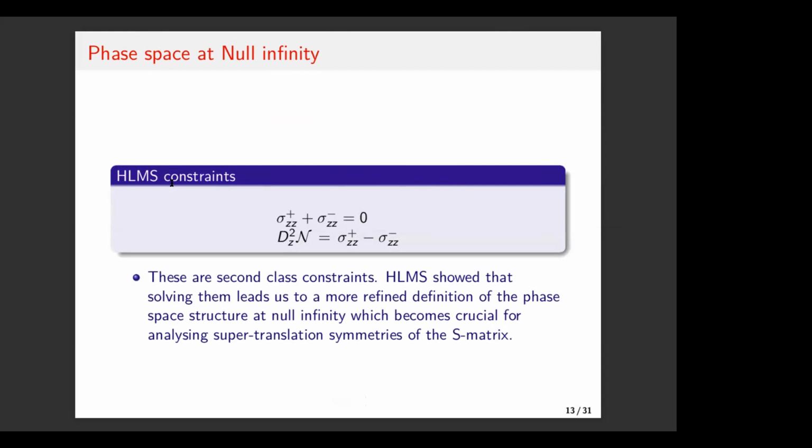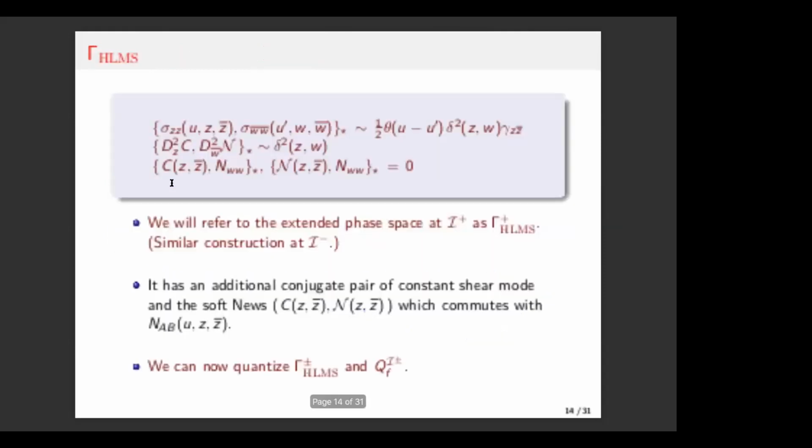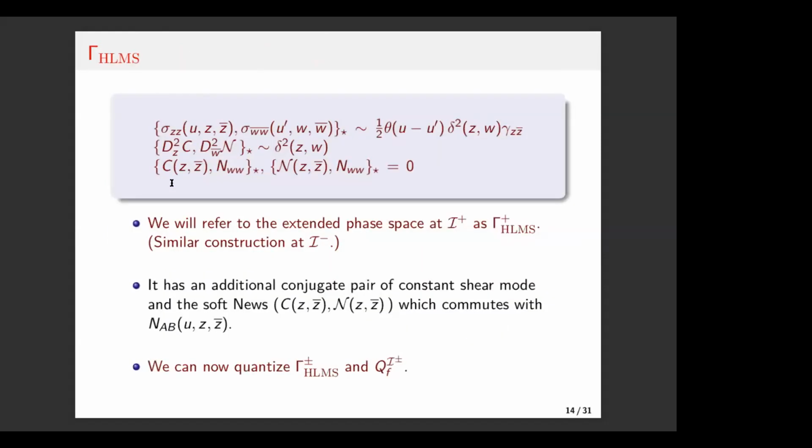And this leads us to a more refined definition of the phase space, which turns out to be crucial for analyzing the supertranslation symmetries. So just to give you a summary of the result, this phase space is more refined than the one that Ashtekar and Streubel had. We have the usual shear and its conjugate mode, and it turns out that we can also define the bracket between the shear and itself. The constant shear and the soft news are conjugate to each other, as we would have intuitively expected. And both the soft corner modes do not have any bracket with the finite-energy news. So there is really a decoupling of the soft sector from the hard sector here. And now with this phase space, we can actually quantize the supertranslation charge, because